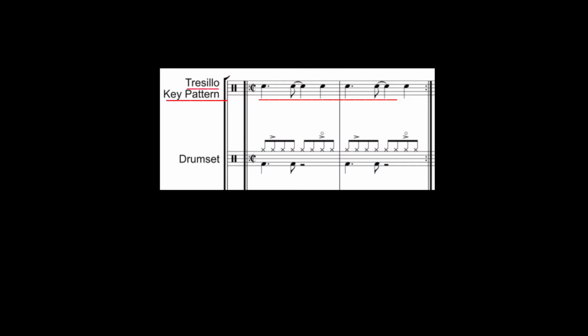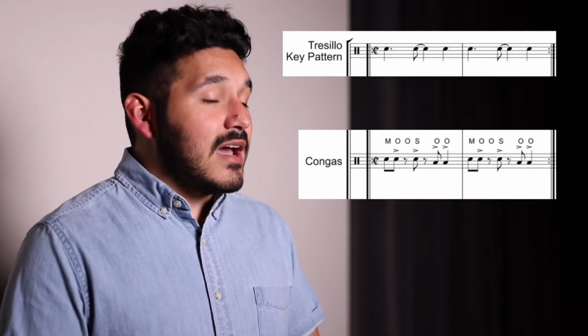The drum set part is dictated by the tresillo pattern as the bass drum plays on the one and the and of beat 2, which are the first two notes of the rhythmic outline. The third note of the tresillo is on beat 4 and is played by an accent on the hi-hat or the snare drum. The conga part also highlights the tresillo by the way all three of its accents fall on